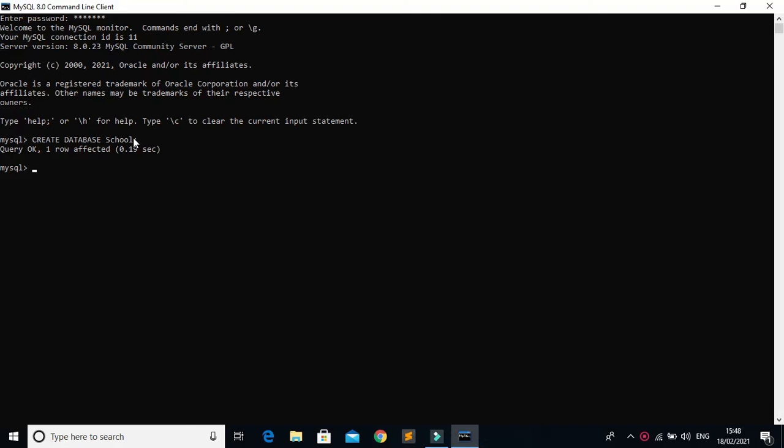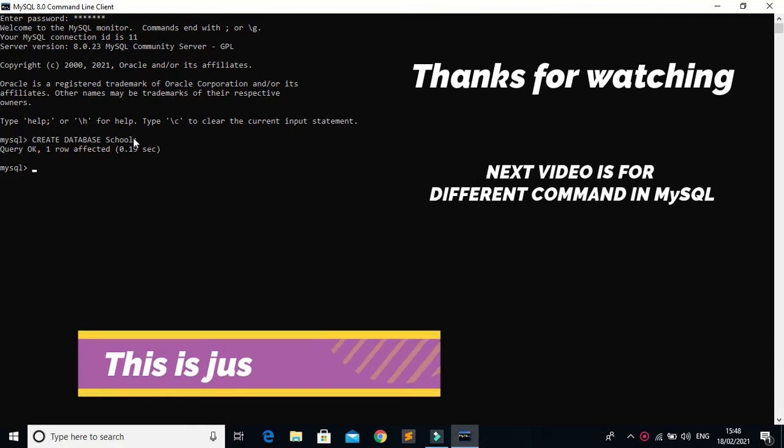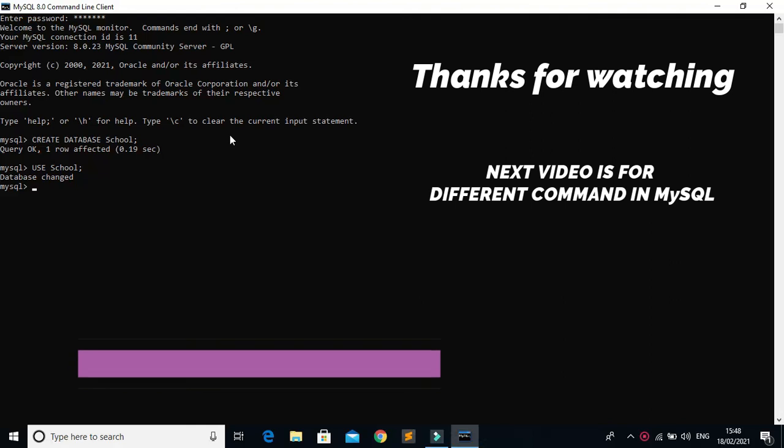After creating a database, to use that database we have to give another statement, that is USE and the name of the database, that is school. Then again we have to give a semicolon, then press enter. Now it is saying database changed. Now you are under the school database. Clear? You are under the school database.